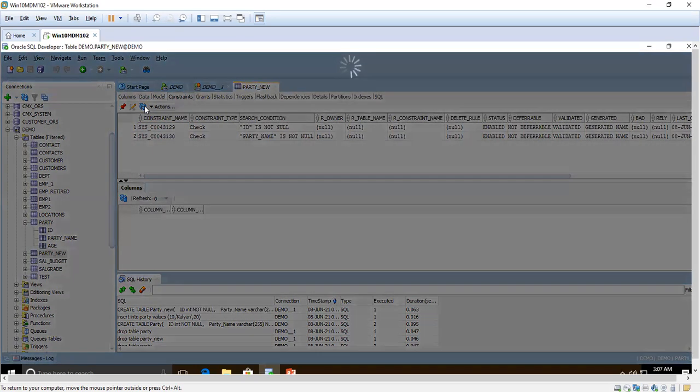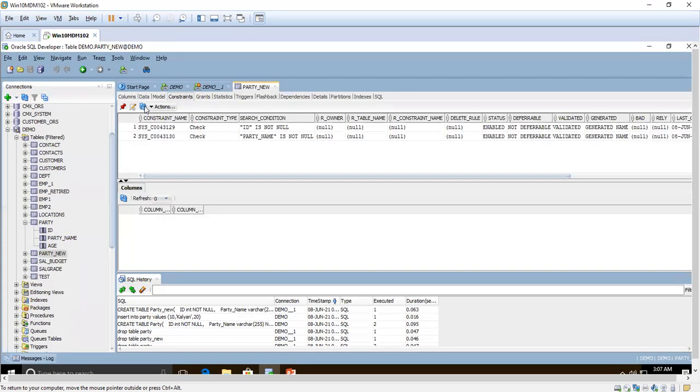See, we have dropped the constraint. The constraint has got removed from the table.